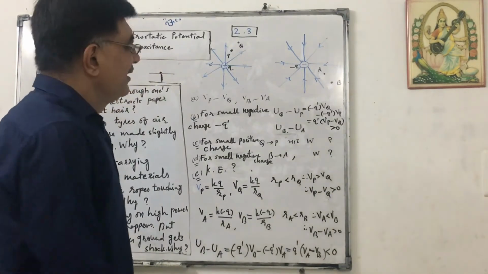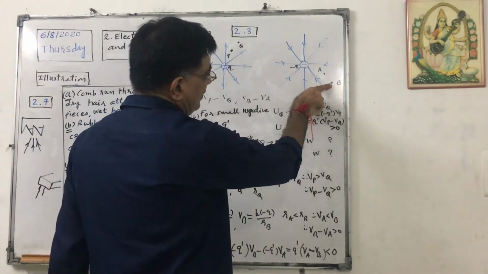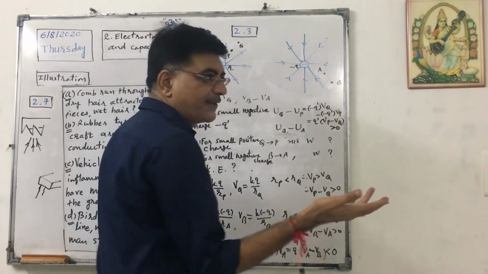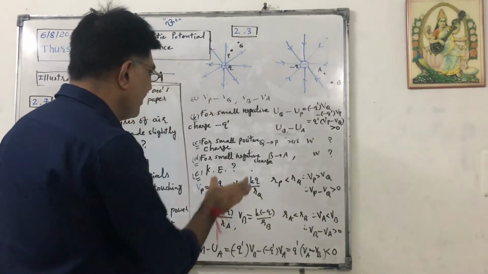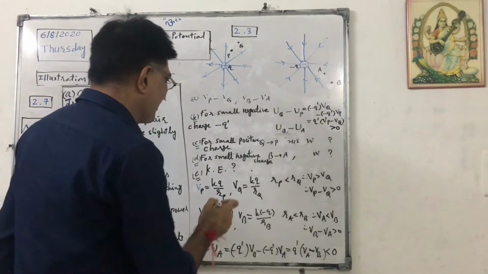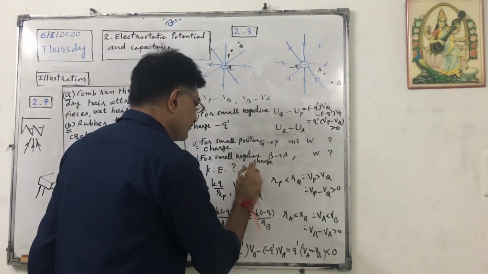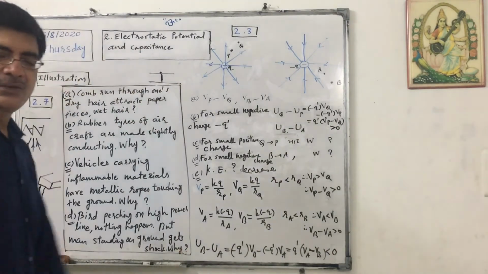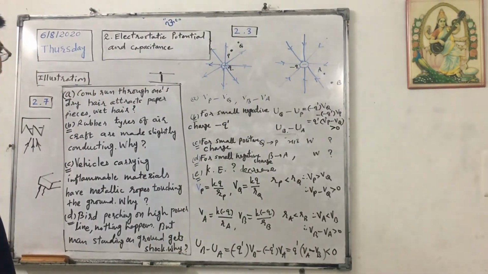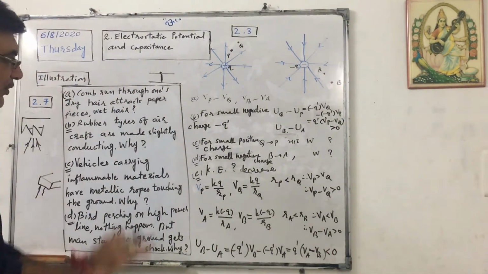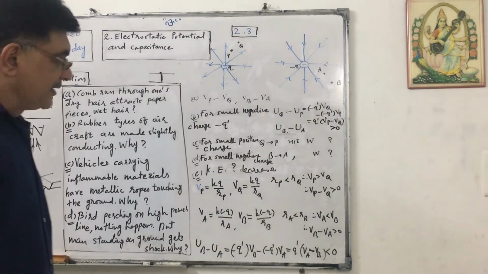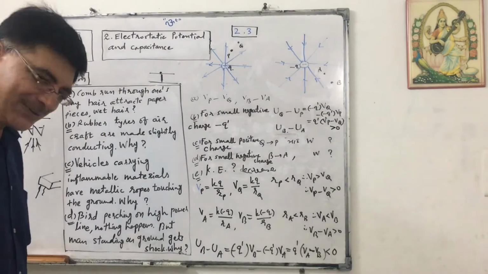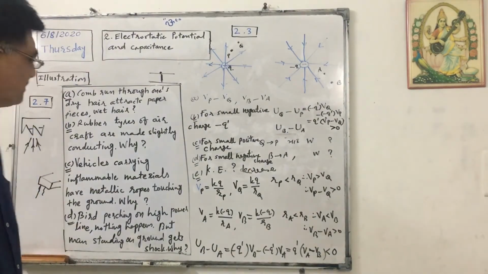And moreover, as negative charge will travel from B to A, this field will oppose it. So its kinetic energy will be decreasing. Okay. Decrease. All these are concept based questions. Okay. So you can write according to your understanding. Okay. It is not essay writing, so you must have your concepts clear.